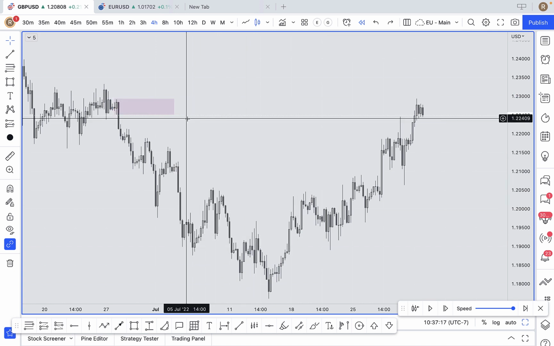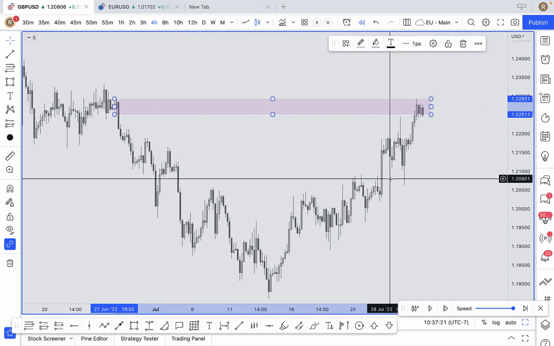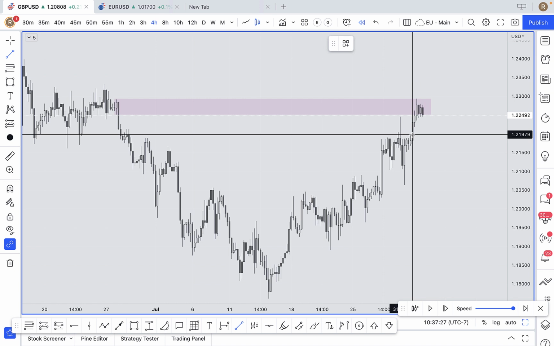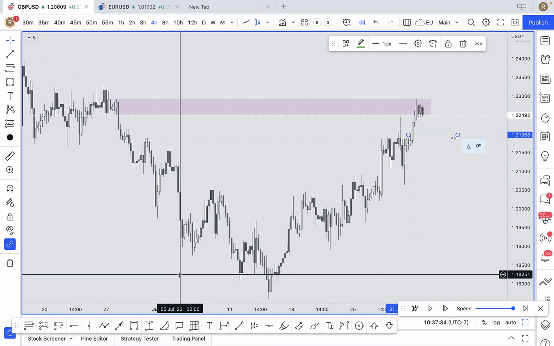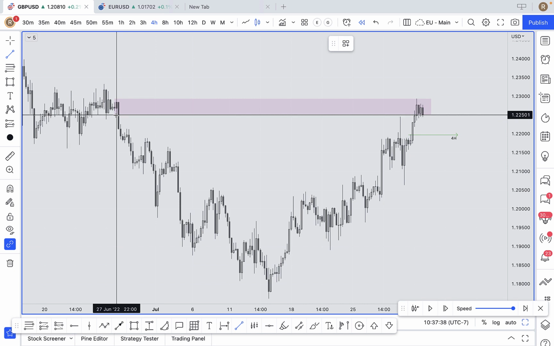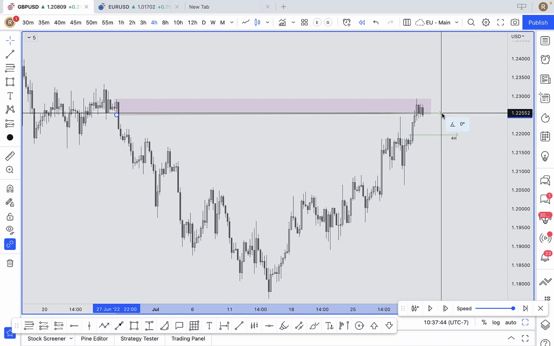That is not what we meant to do. We'll just drag this across. And we could also say... you know what we'll actually do? We'll pull a 4-hour key level here. And we're just going to pull 4-hour key levels rather than the blocks because they basically take up the whole screen. So rather than doing that,